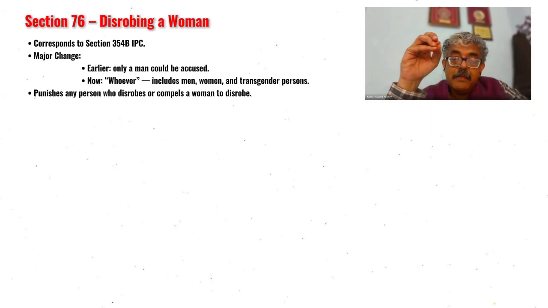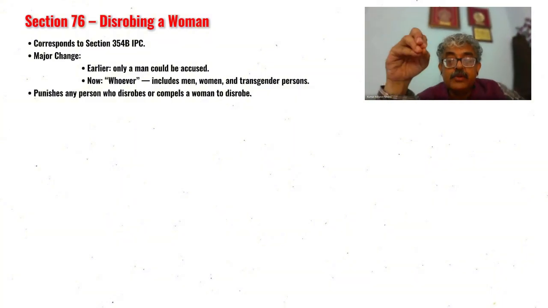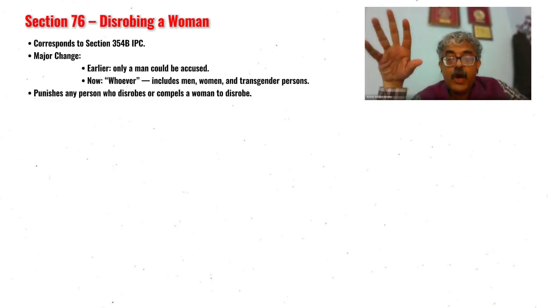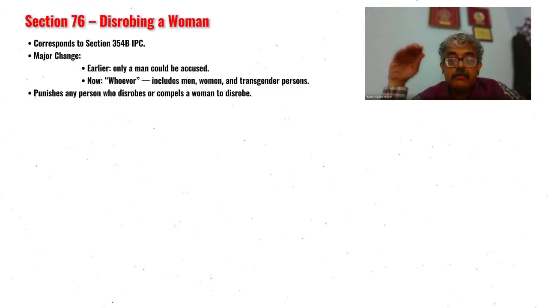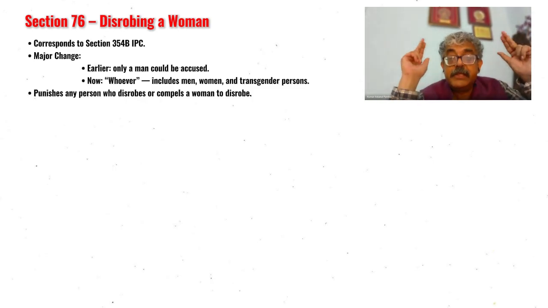So a man disrobing a woman or compelling her to disrobe herself or abetting another to disrobe her, a transgender doing the same, a man, of course, doing that act or abetting it, would all be punished, thanks to this key change, where the word man, as it occurred in section 354B of IPC, the word whoever has been used in